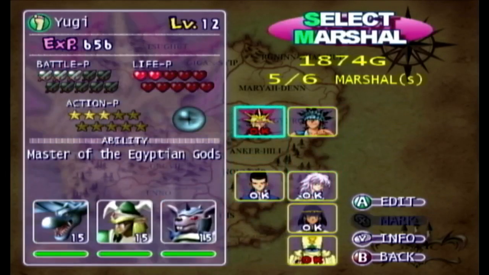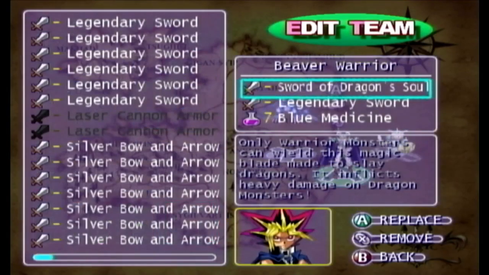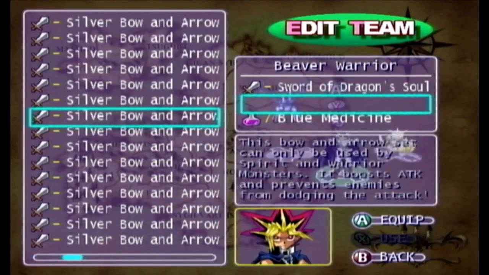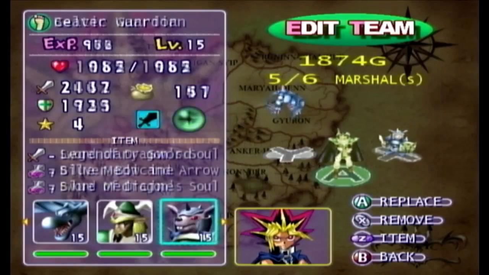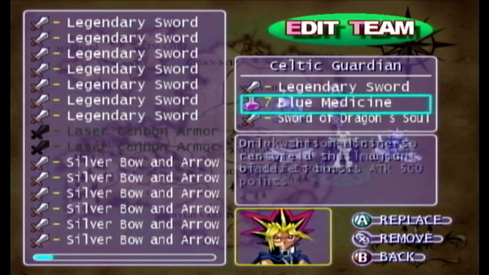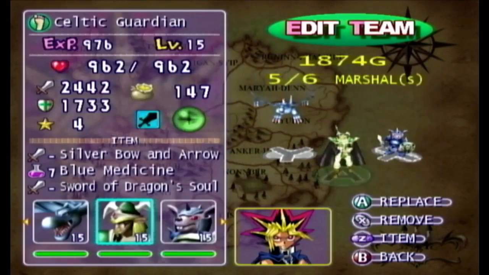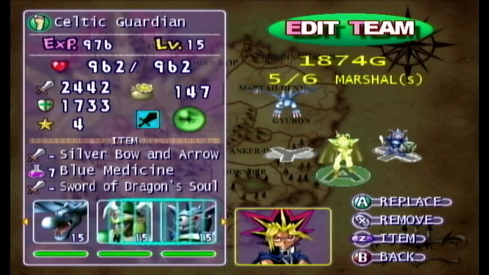Now, speaking of teams, what we need to do is remove that and use one of the many silver bow and arrow we got. As I said, boosts attack and prevents the enemy from dodging the attack. So once you've got plenty of these, you don't really need Legendary Sword. Now, I probably could